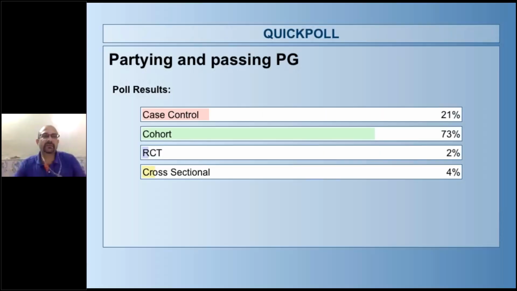So 73% people said cohort study, 21% said case control study, 4% said cross-sectional study, and 2% said randomized control trial. Well, to be honest and truthful, this question can be answered by all the 4 designs. If I say it can be answered by a randomized control trial, यानी कि हम लोगों को बोलेंगे, we'll divide them into 2 groups, 2020 batch को, we will divide them into 2 groups, and we will tell them that one group will party at least 3 times a month, and the other group will not party. And फिर जाके हम